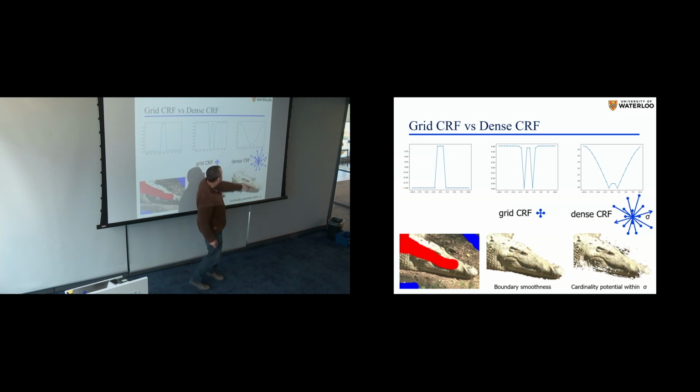This example is supposed to illustrate that this is your original one-dimensional image, these are edges, and this is how the energy of the segmentation that divides the image into parts behaves, depending on where. This is the sparse CRF; it likes this solution and this solution, while once you do the dense CRF, it smooths it out. It's good for gradient descent, it's smoothing. So when you use this kind of dense connectivity, it's not a better energy, it's just an easier energy for gradient descent. I just want to point this out.